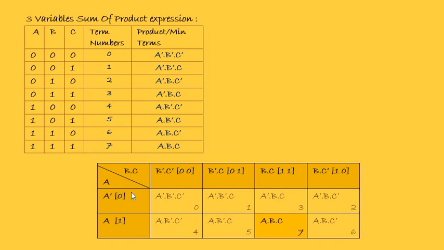Here, the three variables are arranged in horizontal form. A is the first variable on the left, that is the first one on the truth table, and B and C are the second and the third correspondingly. They are brought as a heading of the columns. Also, the terms are arranged with one variable change between two cells. So if you have A bar dot B bar dot C bar, then the next cell has 0 1, which is A bar dot B bar dot C. And then instead of having term number 2, which would have come from A bar dot B dot C bar,